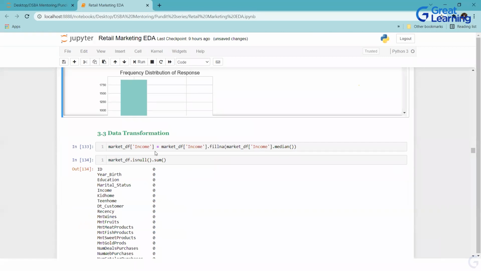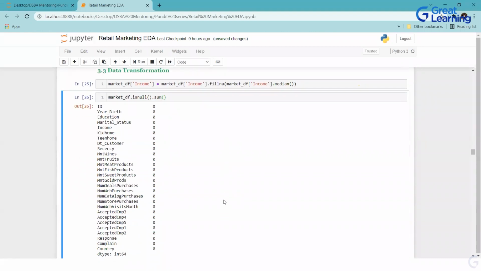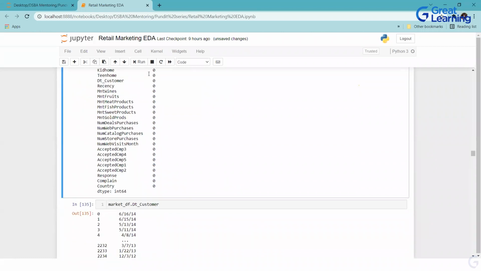So data transformation. Now what I'm going to do is fill my income value with the median, as I told you. So that's what I'm filling over here with the median value. You guys know this thing, how to fill the median value. Those who have not covered this, don't worry, it will be covered in advanced statistics in EDA, in your second mentoring session, second week. People who have been doing machine learning till now would be well versed with this. So all these are treated. Now you see there are no null values. We are good, we are happy.